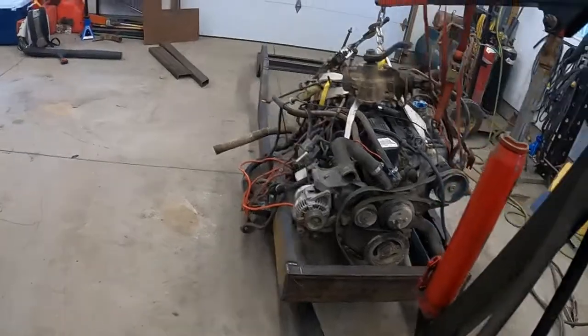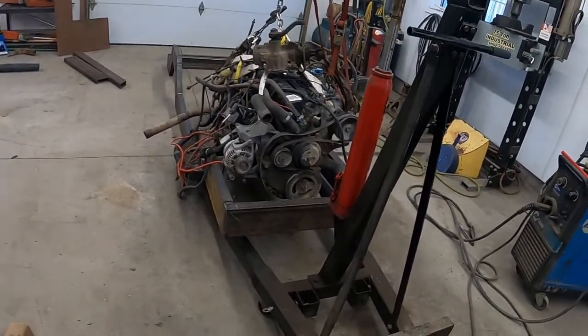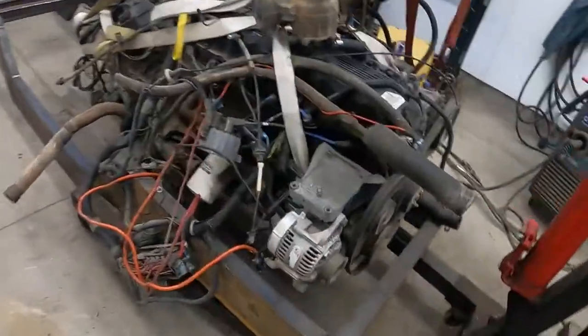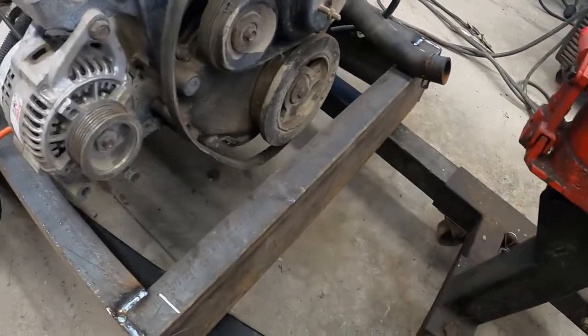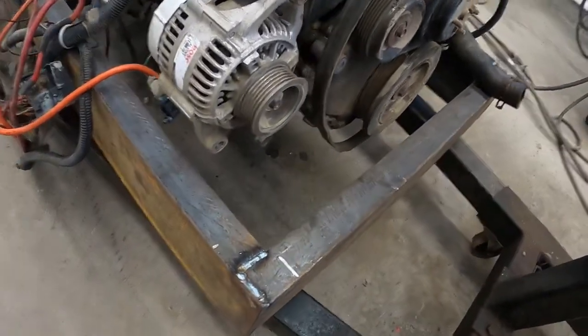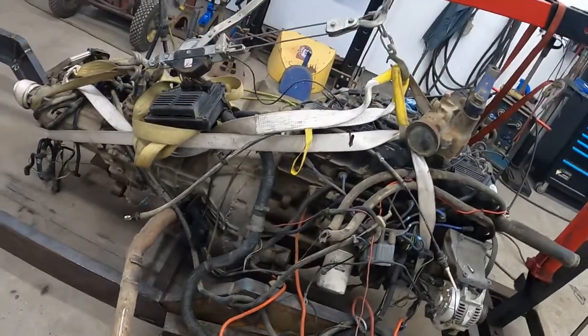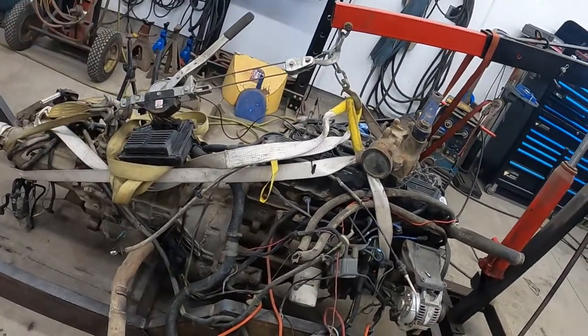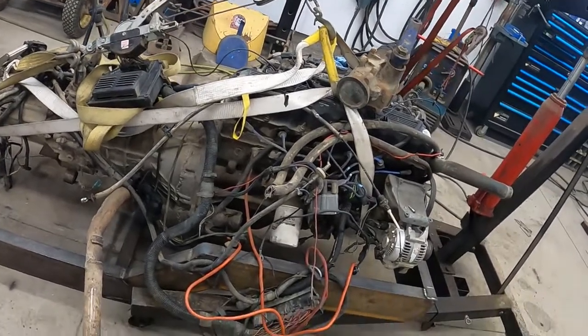Well, that sits in there pretty good. That's where it's probably gonna have to sit. Room for the pulley with the alternator. I think that's the right height. I'm gonna see if I can undo the come along. It's gotta tip back a little bit, but